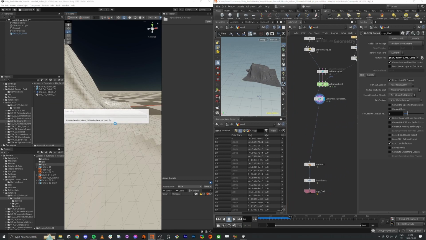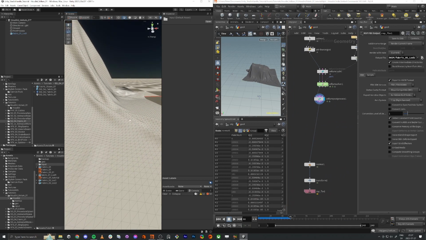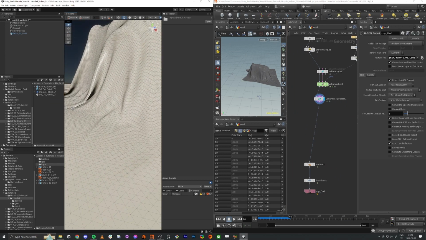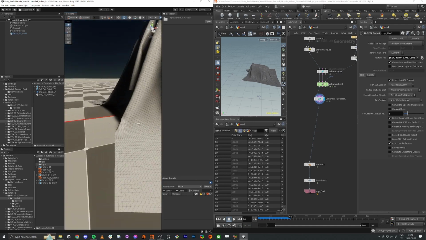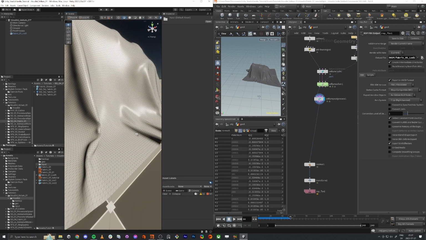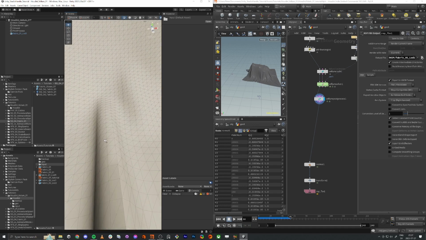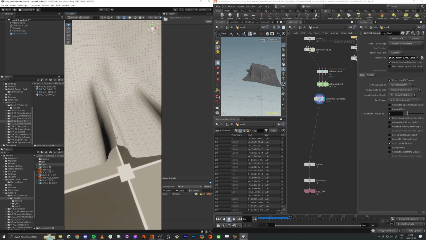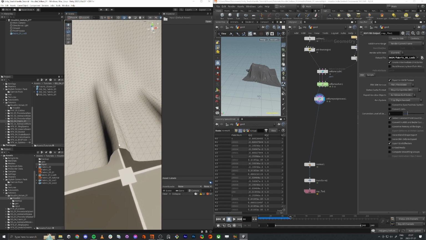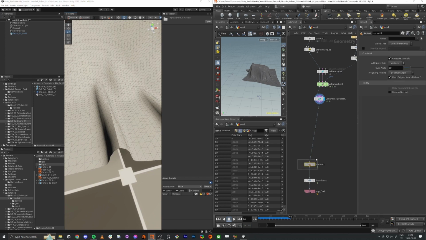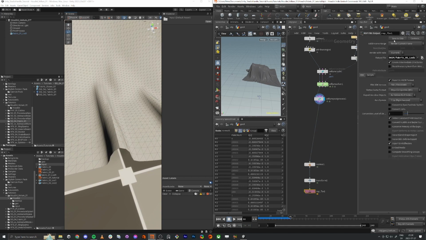So first off, okay, here it is, now it updates. So one thing that we need to do as well is take care of the normals, because here you can see the line, and this line is because it breaks. Easy fix in the normal, we just do the cusp angle up to 180. And if we save this one again